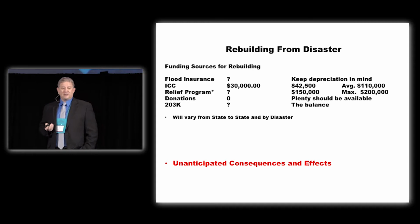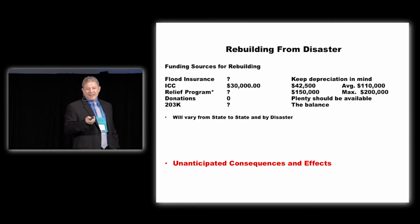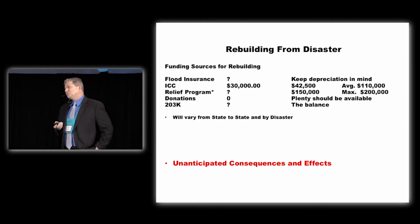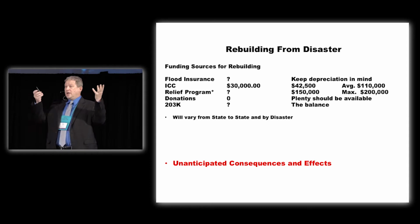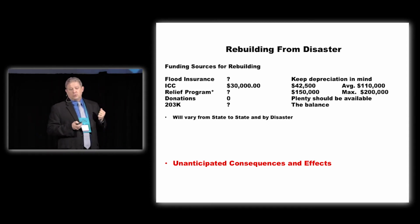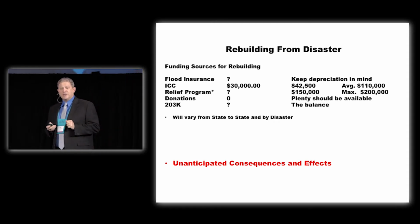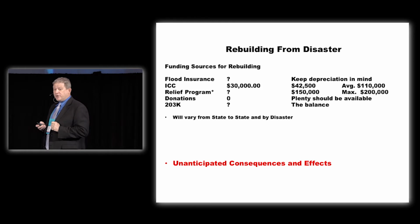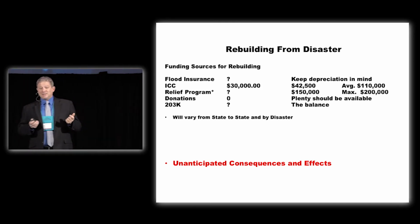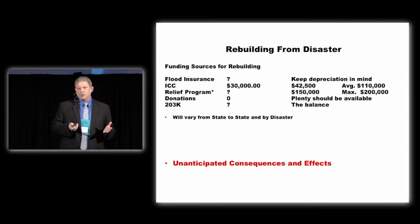ICC, we know that's $30,000. Good news you heard yesterday, $40,000. Not a big help in New Jersey. In my case, it was $42,500 because I demolished my house, and all I had to do was extend my foundation up. But the average house lift right now in New Jersey is $110,000. So even with $40,000, that's still a heavy lift for most people, and certainly people in the areas that we're talking about that are